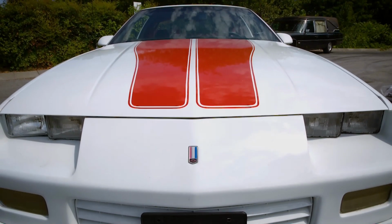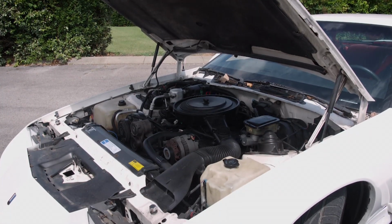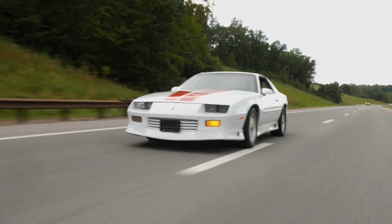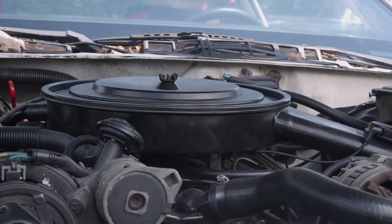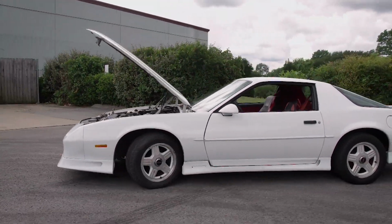Now our third-gen Camaro sports the F-body platform, which has more room under the hood, and it had quite a few engine options. Ours has a 5-liter V8 backed by a 4-speed automatic transmission, which made this puppy reach a top speed of 129 miles an hour and a slow 16.5 seconds in the quarter mile. With 170 horsepower, putting out 255 pound-feet of torque, this planted the Camaro right in the mix of sports cars